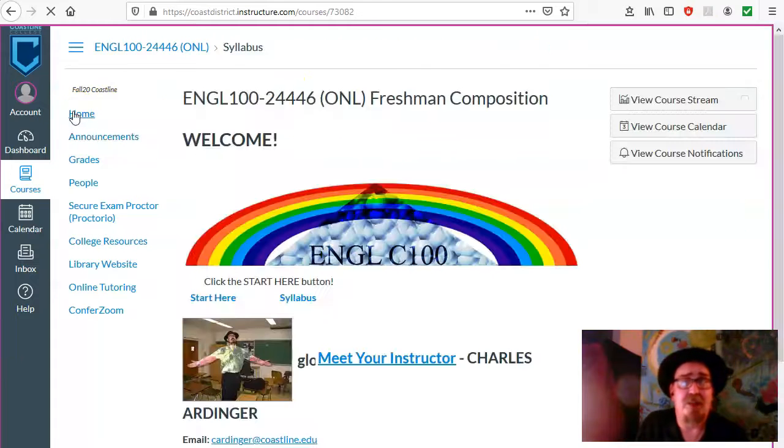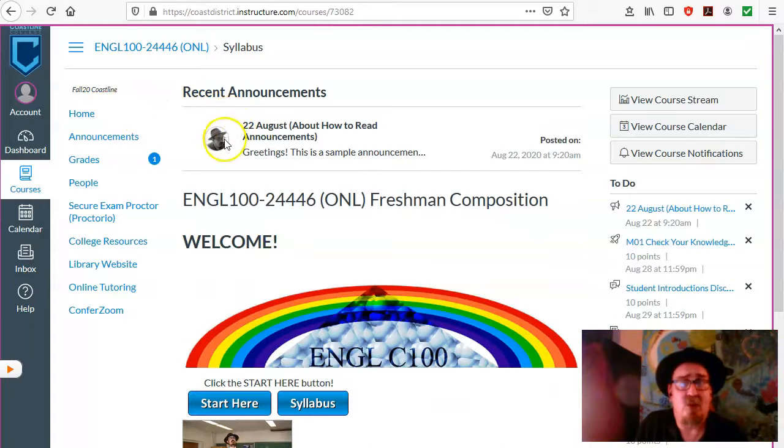Now, the next thing I want to point out is this link over here on the left that says Grades. This is where you'll be getting feedback from me on your assignments, and this is pretty important because this is largely how we'll communicate. You'll put in an assignment, I will tell you what I think about the assignment, and you can use my advice on the next assignment and as you continue educationally.